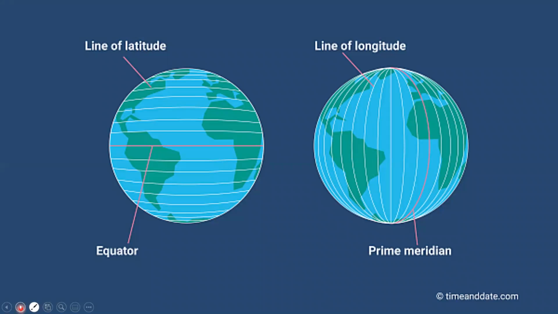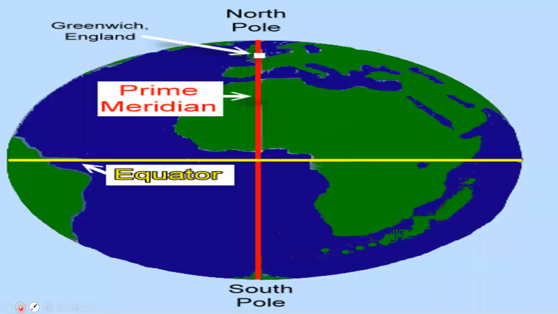Now with this comparison, let us just re-revise whatever we have learned. The lines of longitude that divides the earth into two equal parts is termed as prime meridian. Whereas the lines of latitude that divides the earth into two equal parts is known as equator. Hope this comparison makes it very clear to all of you. Now, let us understand this next feature.